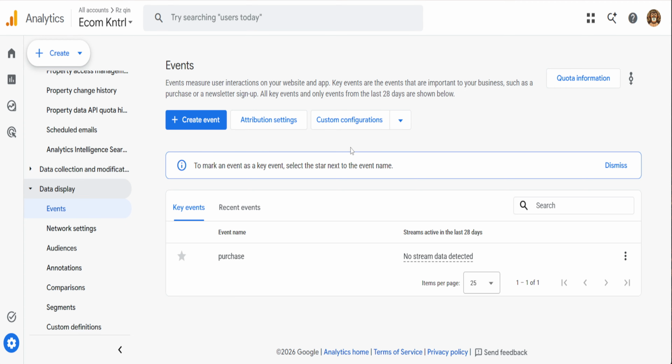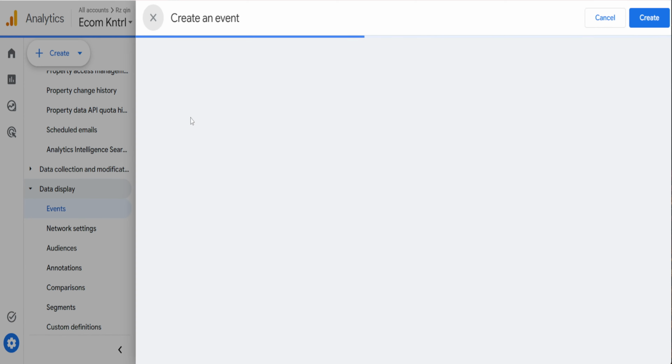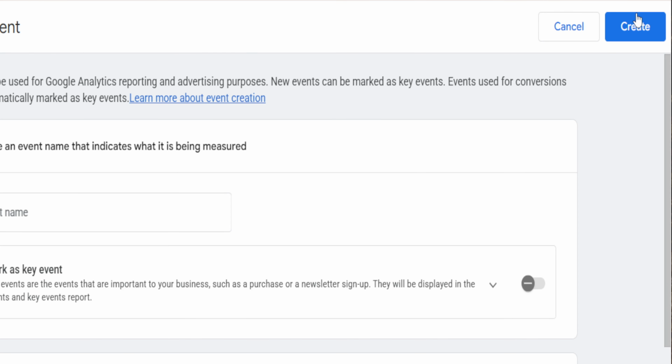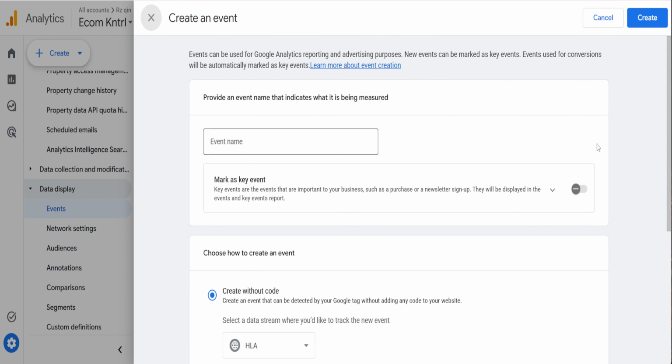Now click Create Event. On the next screen, click Create again to begin setting up your custom event. For the custom event name, enter a clear name in lowercase, using underscores instead of spaces. For example, if this event is for a thank you page view, you could name it